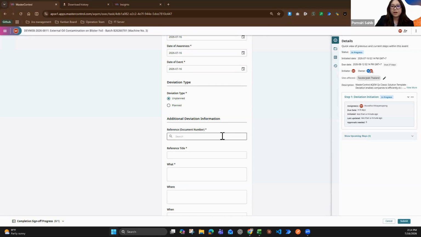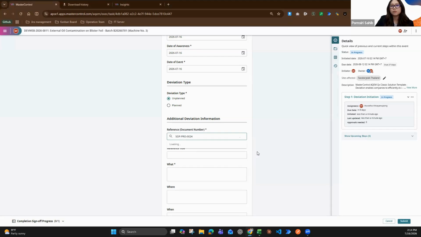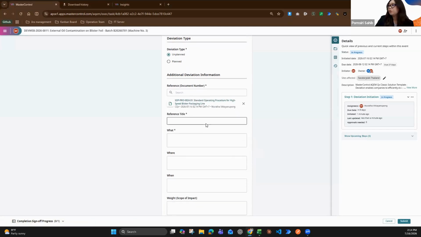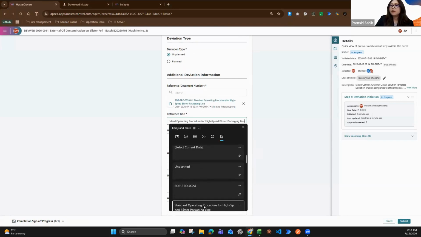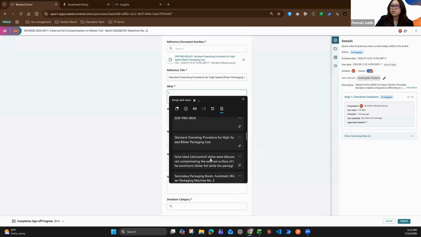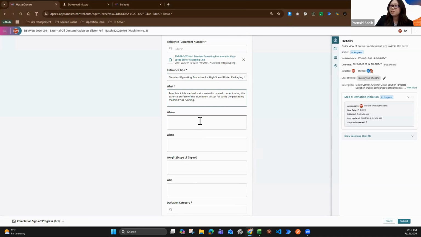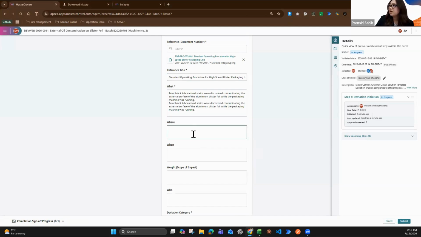And then I will put the reference of the SOP PRO 0024, yes. And I input the scenario, external oil contamination on blister foil at machine number 3. Under the immediate, I put the what, where,